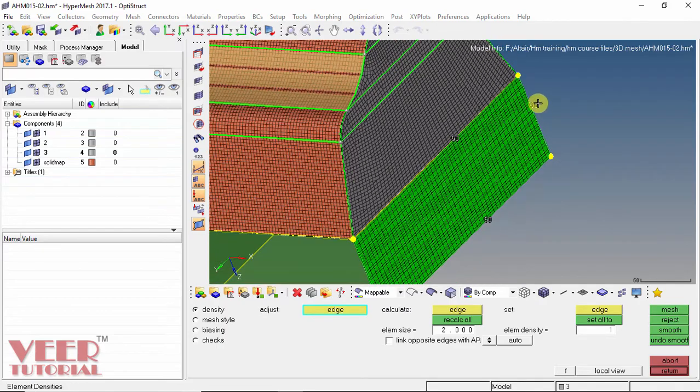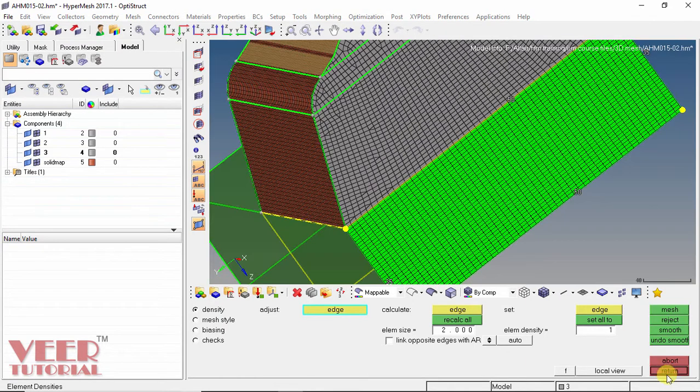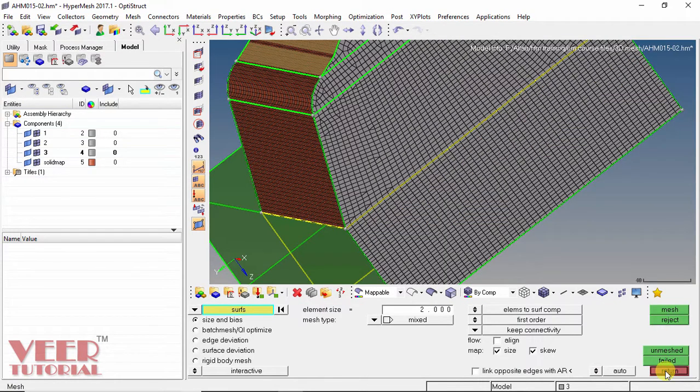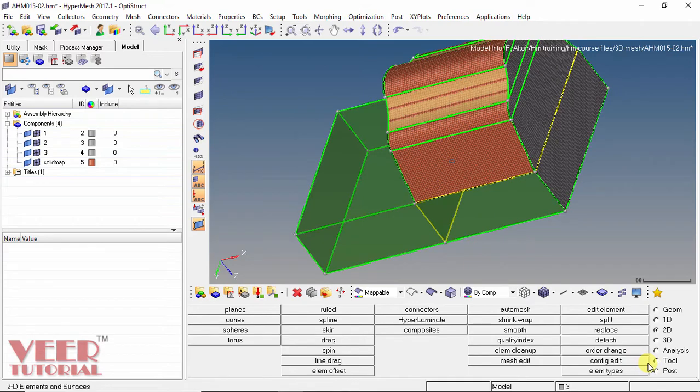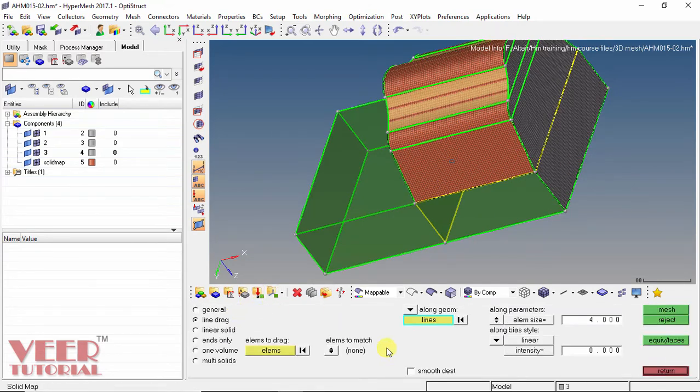Hit the roller. And now we can see the mesh is fine and the mesh is well connected. Then click on return. Go to return once again and then go to 3D. Go to solid map. And now see, we cannot do this mesh by line drag because by line drag, when